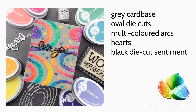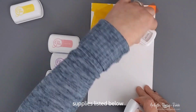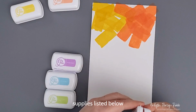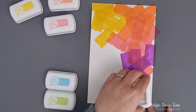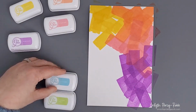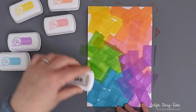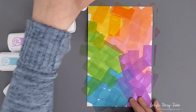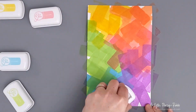die cut sentiment. I'm starting by inking up some white cardstock with a rainbow of pastel mini ink pads from Catherine Pooler Designs. I'm going direct to paper with this, using the ink pads themselves as stamps, pressing them down randomly all over this half sheet of cardstock. I'm not going for smooth coverage here. In fact, the rougher the better. I want lots of overlap and texture, and I go over it a couple of times to add even more